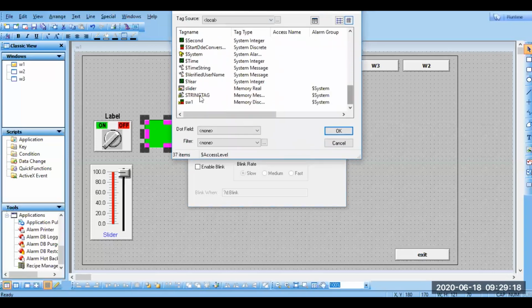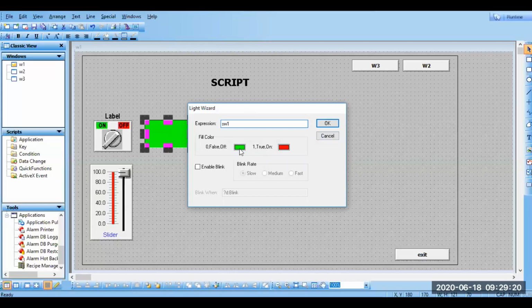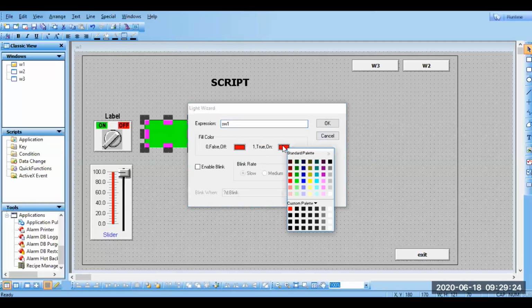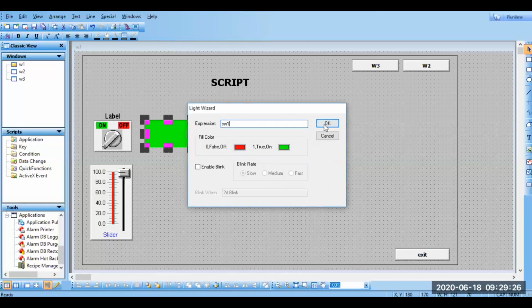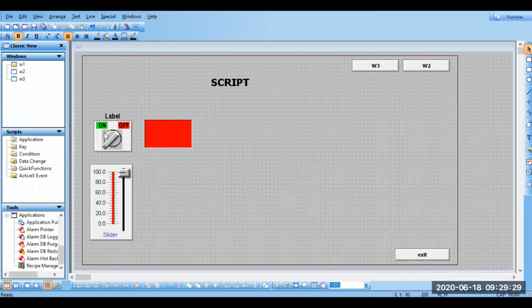This is virtual simulation, like we are doing within SCADA. When you go online, the switch will be on, and because of that this lamp will also be on, because both are sharing the same tag name.